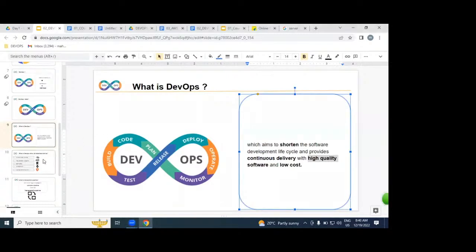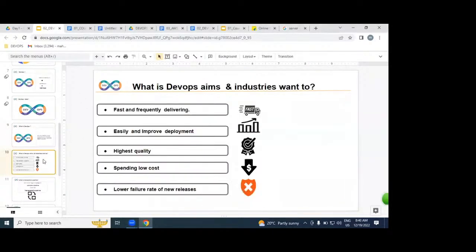If we replace our SDLC process with a DevOps process, what are all the advantages exactly? What exactly does DevOps aim for? We can deliver very fast.